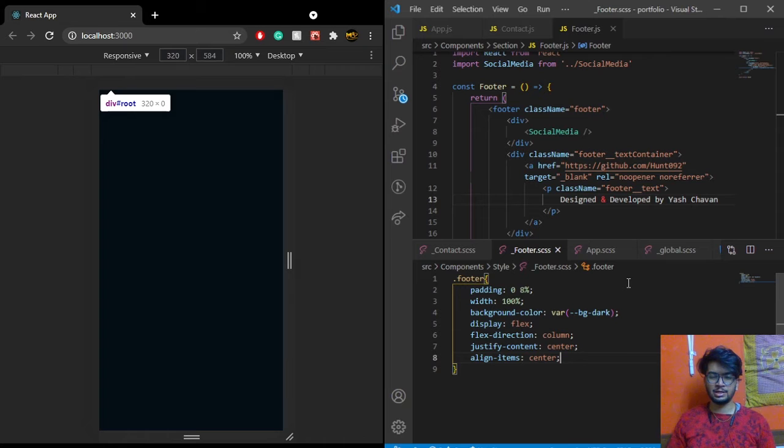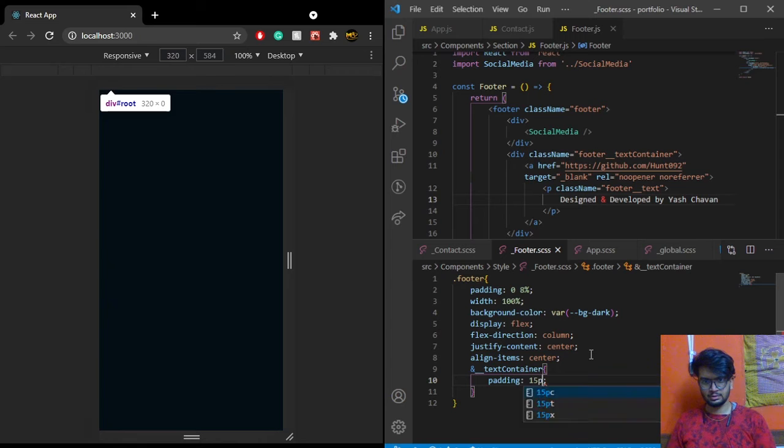For the mobile thing, when the box is too small, I need a little bit of padding just to say, hey, you cannot go in front of this. And then comes the text container, which will be having this padding